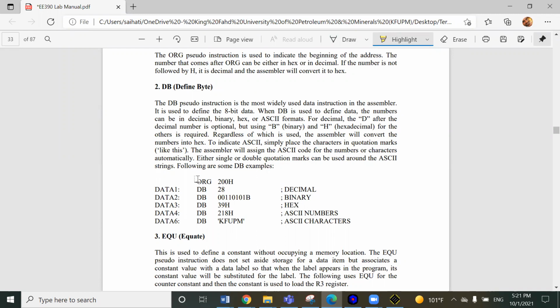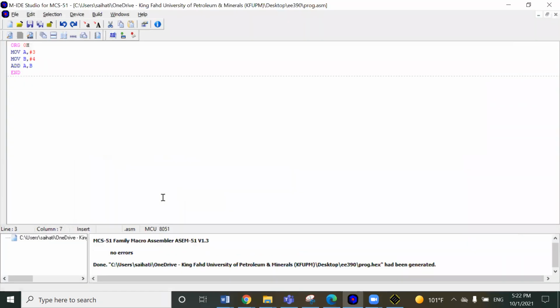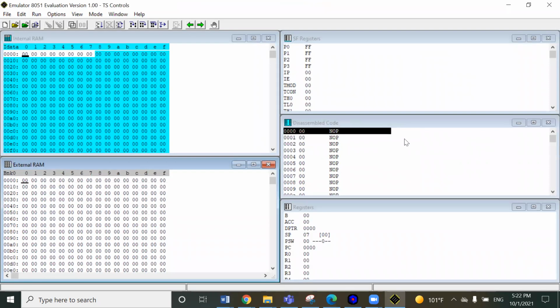So, for example, let me try here. And I will use originate now, just to tell you what happens if I say originate 10. Build and simulate. You can see here at location 0 there is nothing. If you press F11 in here,